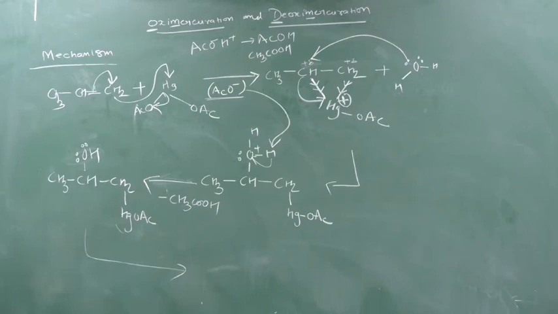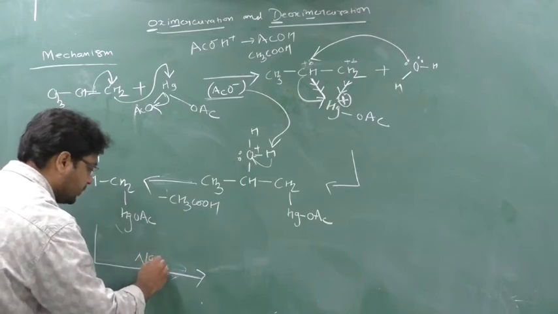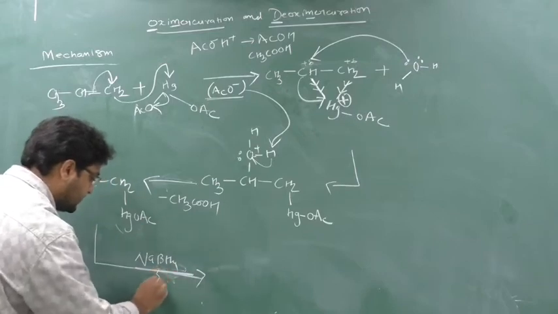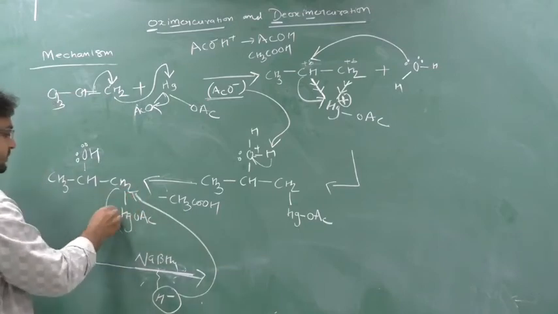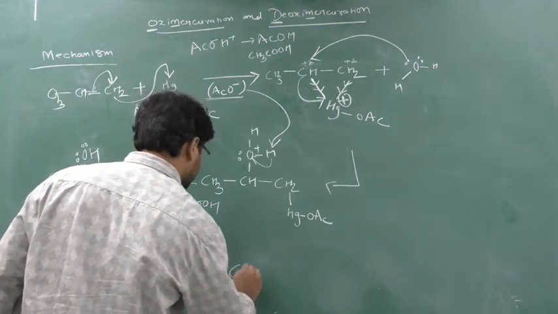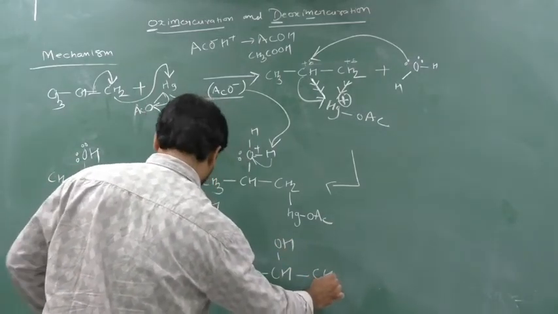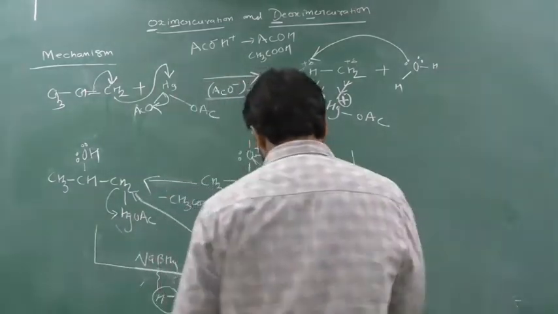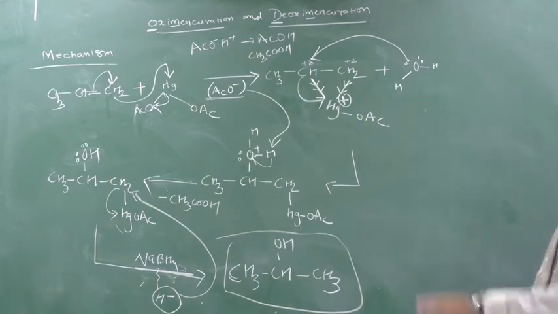The last portion I told you, sodium borohydride. Yes or no? So now what will happen here? This sodium borohydride will generate H minus because it is a hydride. This H minus will attack on this CH2 and the HgOAc will be removed. So what you will get? You will get CH3, CH, here OH and here CH2. So this H minus has attacked here, so here CH3 and HgOAc will be removed. In this way we are forming a 2 degree alcohol. Clear? See, once more I will explain. I know this is a bit clumsy because there is not enough space. Once more I will do the mechanism, don't worry.